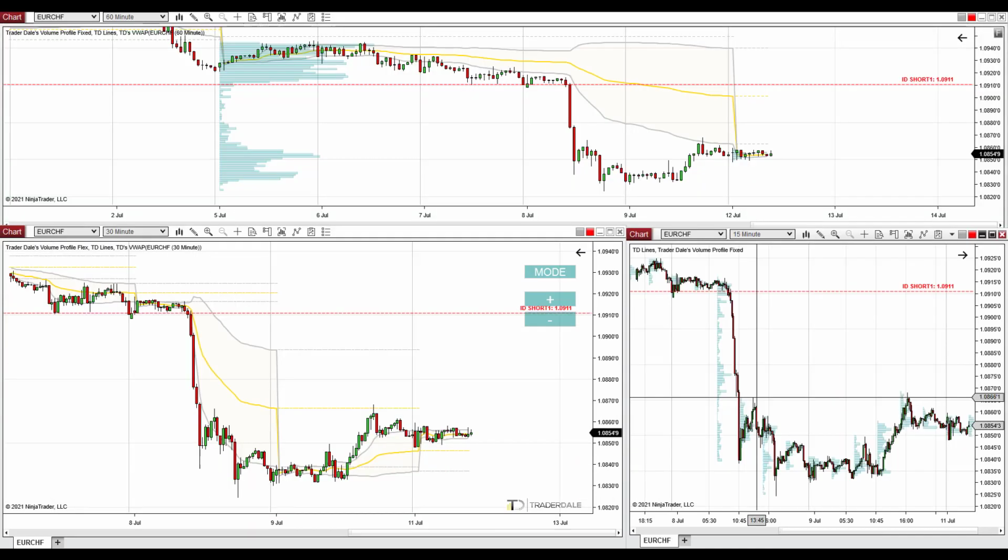So now all the three charts show the euro Swiss franc, and there is a strong resistance which I would like to show you, and the resistance is in here. It is at 1.0911, and as you can see, it is at the beginning of this strong sell-off which took place